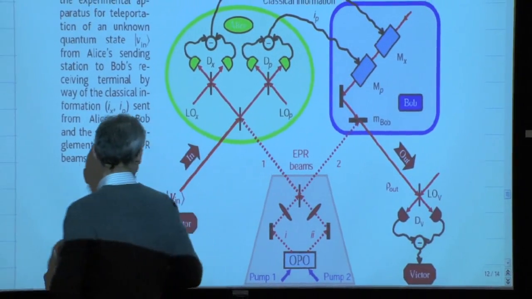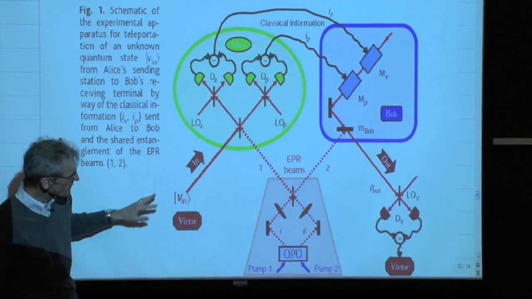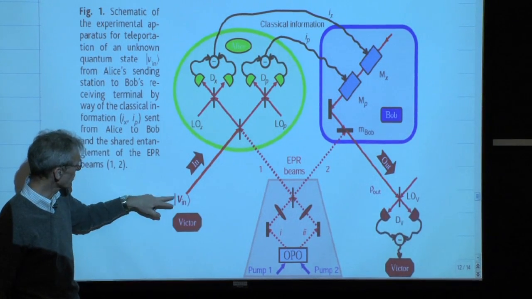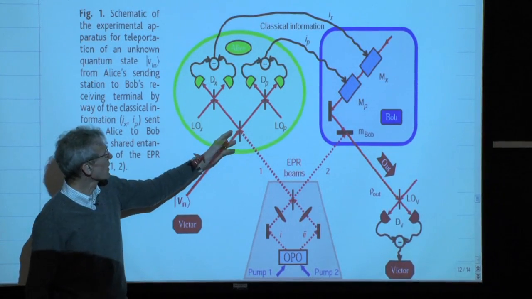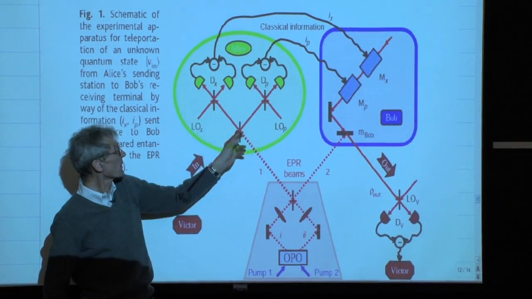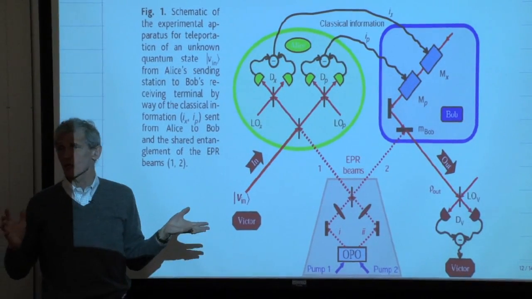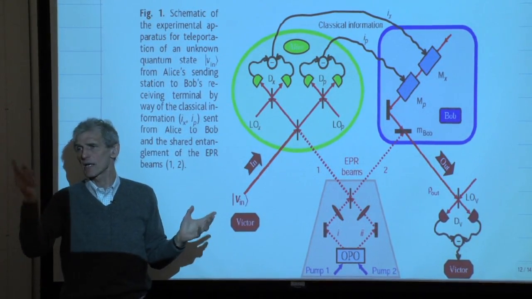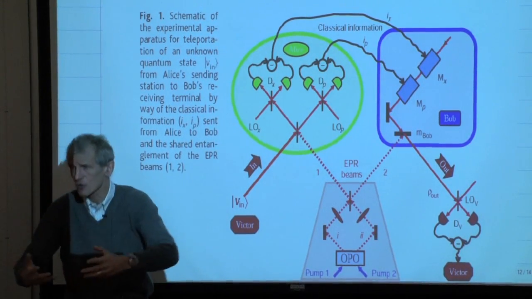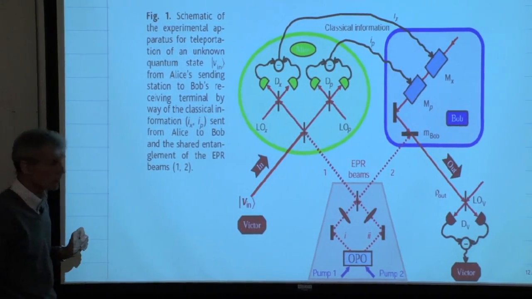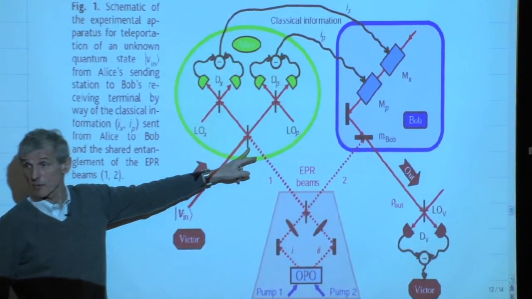And now if Alice would take her input state, this unknown state, which is handed to her by Victor, somebody else who participates in the game. So now we know already if Alice would perform a measurement, the quantum state would be destroyed. The result of the measurement, let's talk about spin 1/2, would only be one spin projection. It's not enough to reproduce the state. But what she is doing is she uses again the magic of the beam splitter.